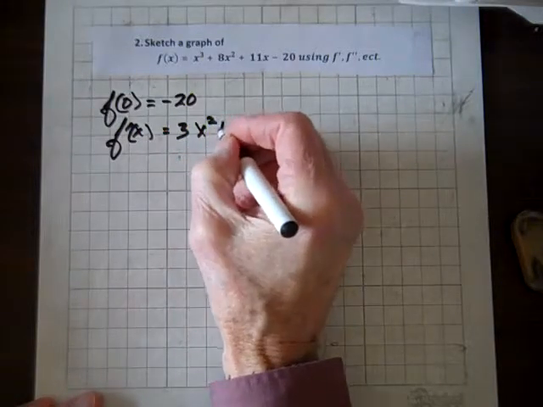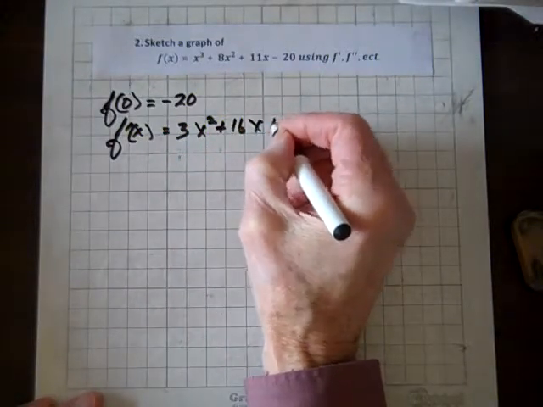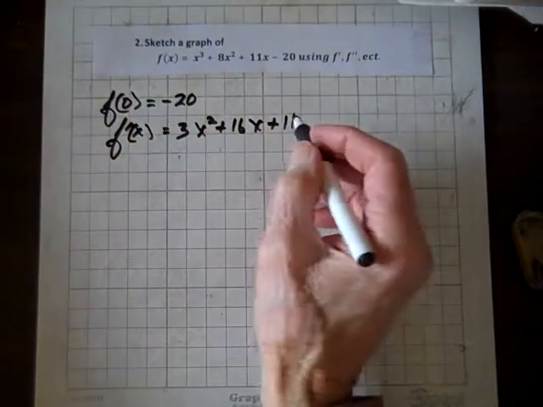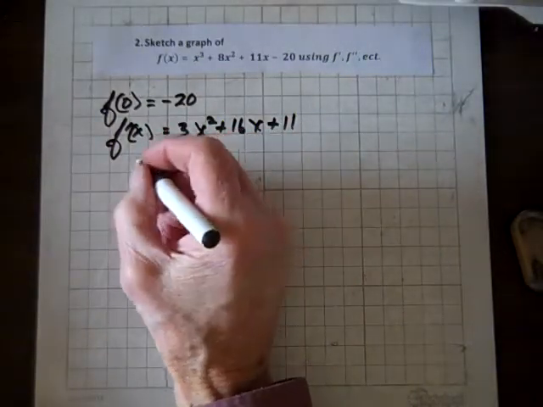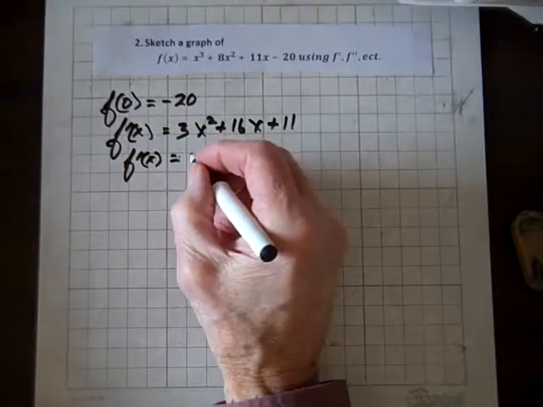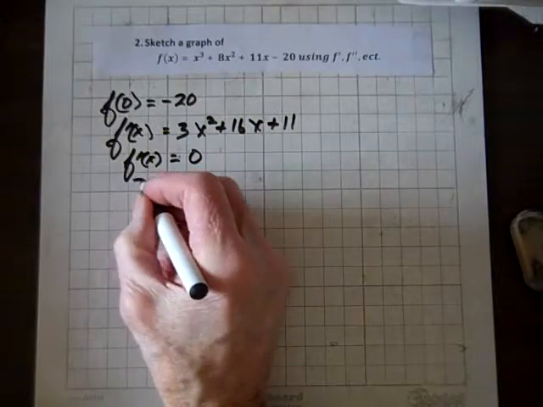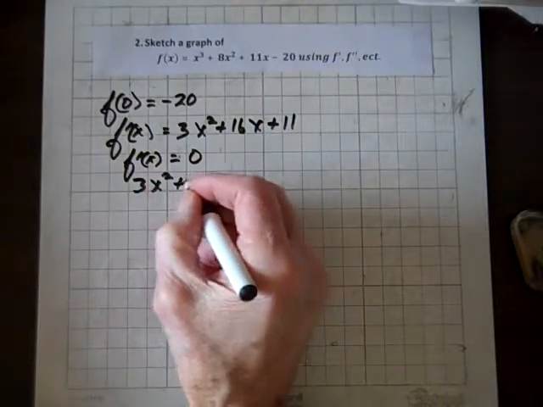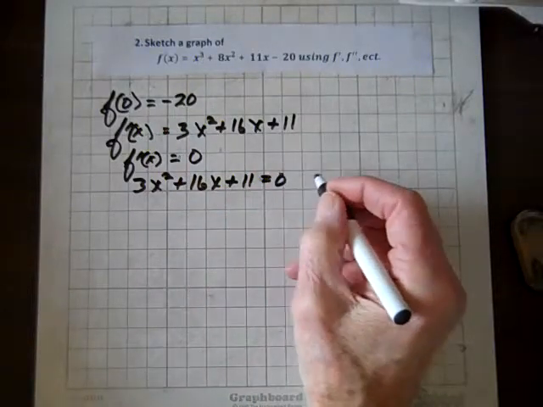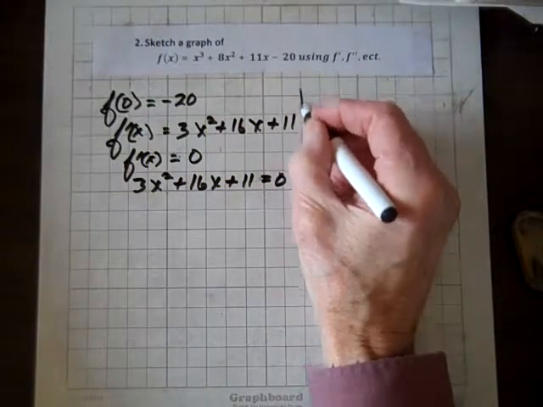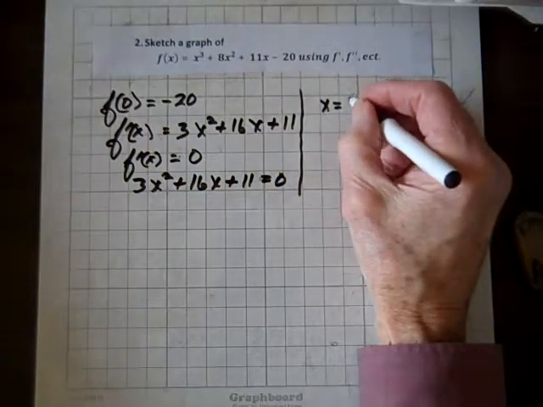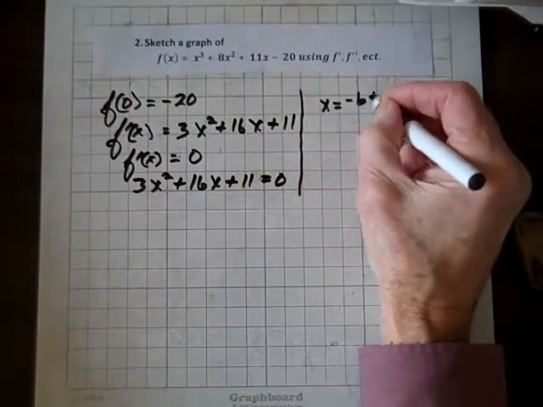Now, let's find the derivative, and so f prime of x equals 3x squared plus 16x plus 11. Now let's set that equal to 0, because that's what we need to do in order to find the critical values. We get 3x squared plus 16x plus 11 equal to 0, and it turns out that this doesn't factor. So we're going to have to use the quadratic equation, which is x equals minus b plus or minus